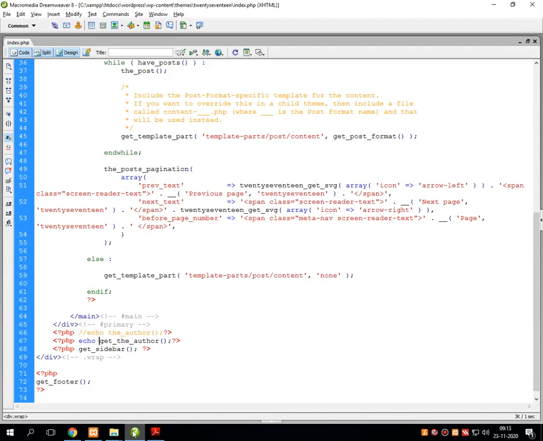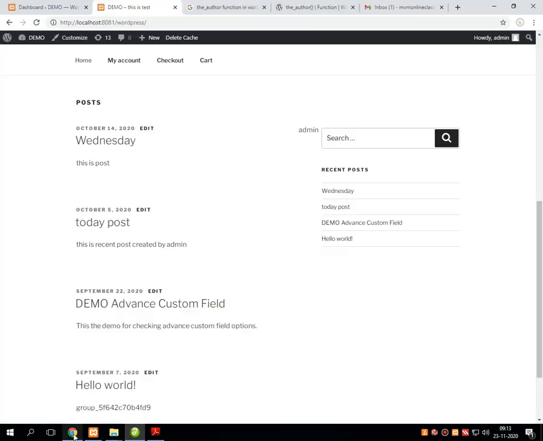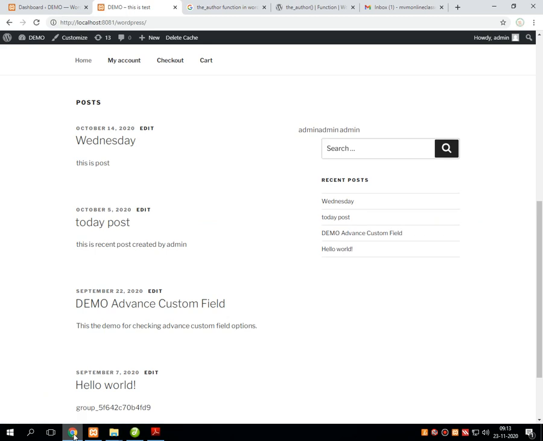Now what is the difference between get_the_author and the_author? For that I am enabling both of these functions on the same page, that is index.php, and refreshing the page. The clear cut difference is visible onto the screen.